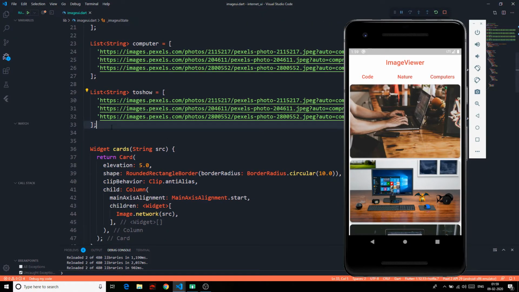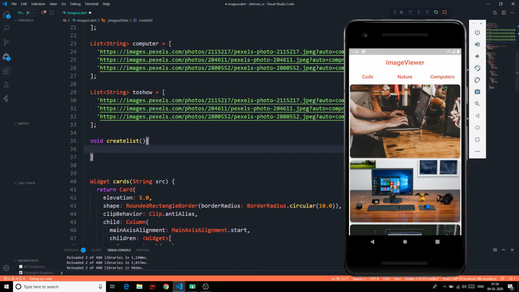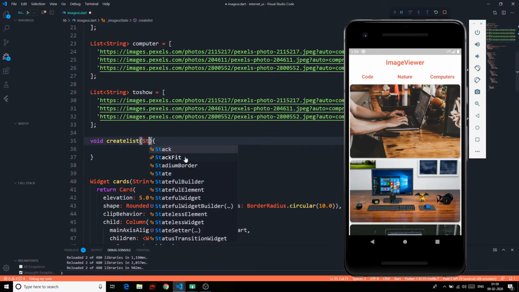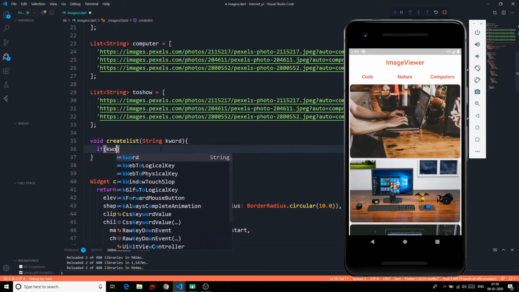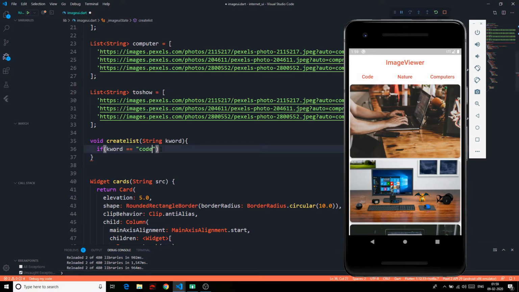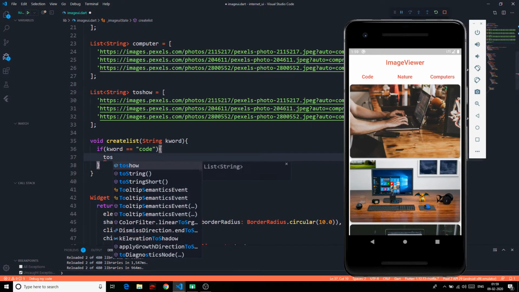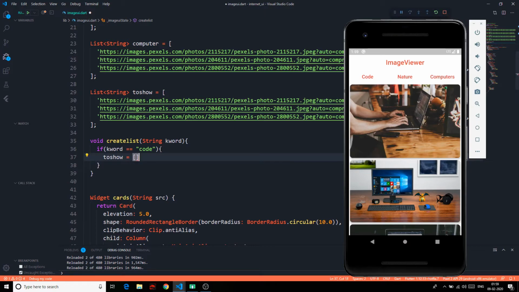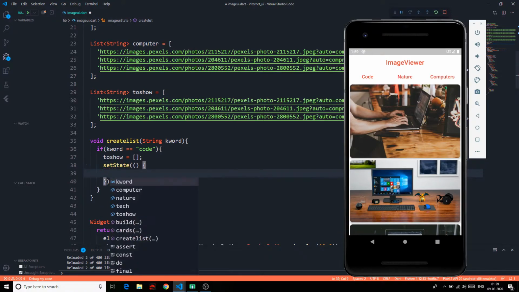So for that too, the function is pretty simple. All that I have to do, I'm calling that function as create list. So this function takes a string parameter which is the keyword which will determine which button is pressed. So a string keyword. Now we can get the keyword as code, which means the code button is pressed. In that case, all that we have to do is we have to first empty the to show list if there are any elements earlier, and then I'm saying call the set state, and in this set state we are saying that for